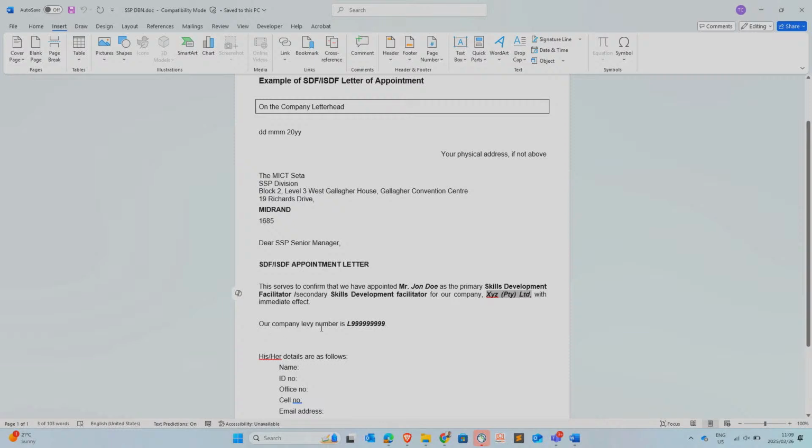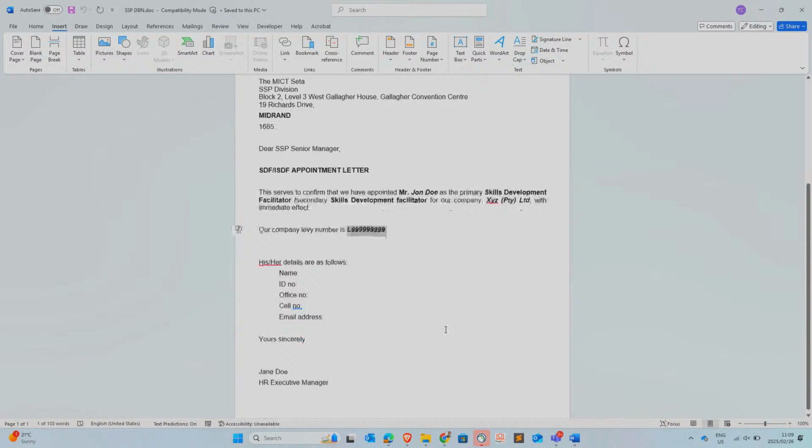Our company levy number is, you remove this dummy levy number, you put the correct company levy number. Now you provide